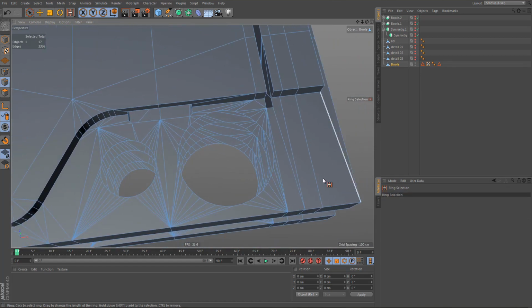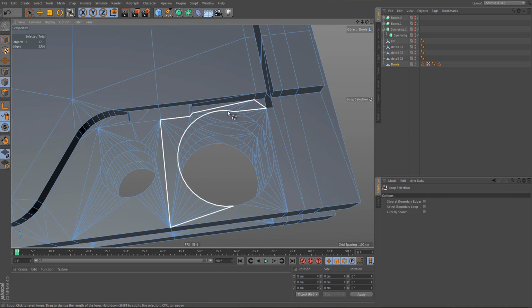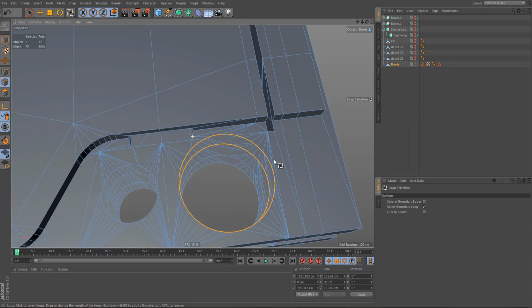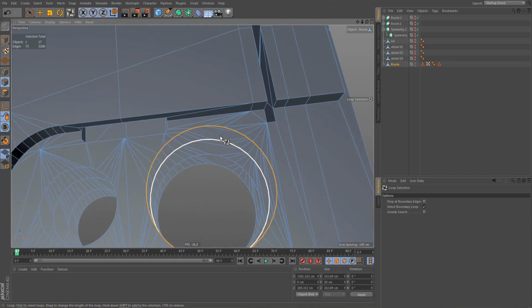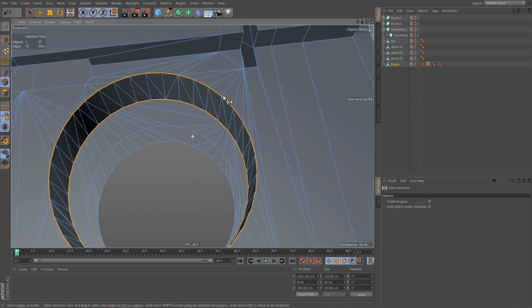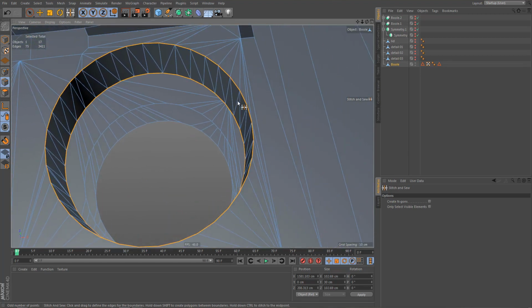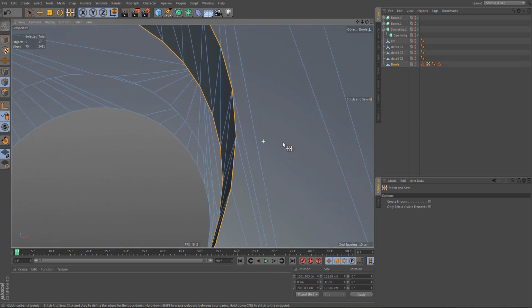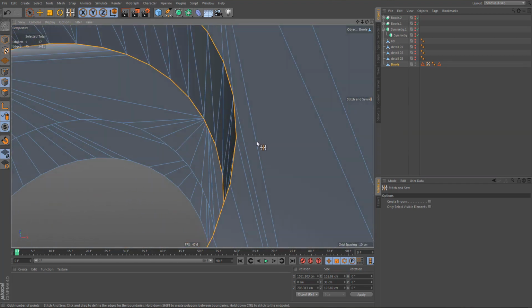And now I'm going to loop select the edges of the holes, and I'll try to use stitch and sew to create geometry in between them. And let's see if this works or if we have to fix things. Now you can see we're getting these zigzag lines, and that means we still have additional edges that we should get rid of. I'll just undo that